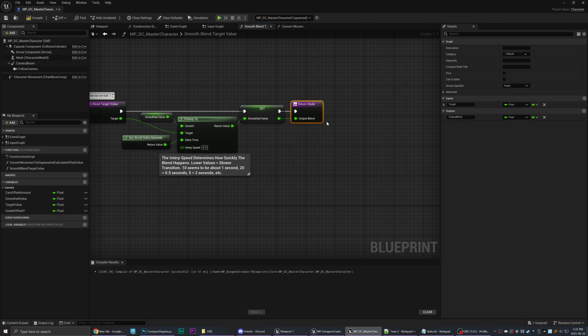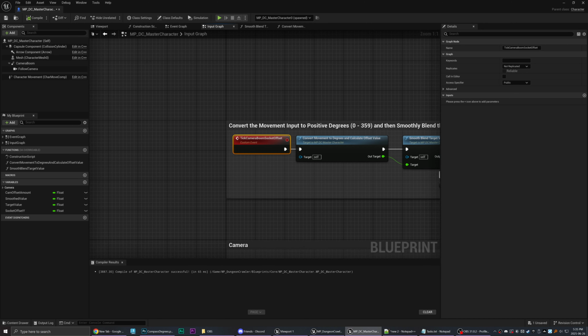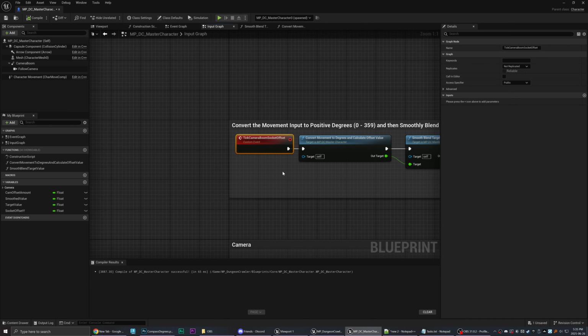Usually you want your event tick to be in the event graph. So I have my event tick in the event graph, and I just tell it to call this tick camera boom socket offset every tick.